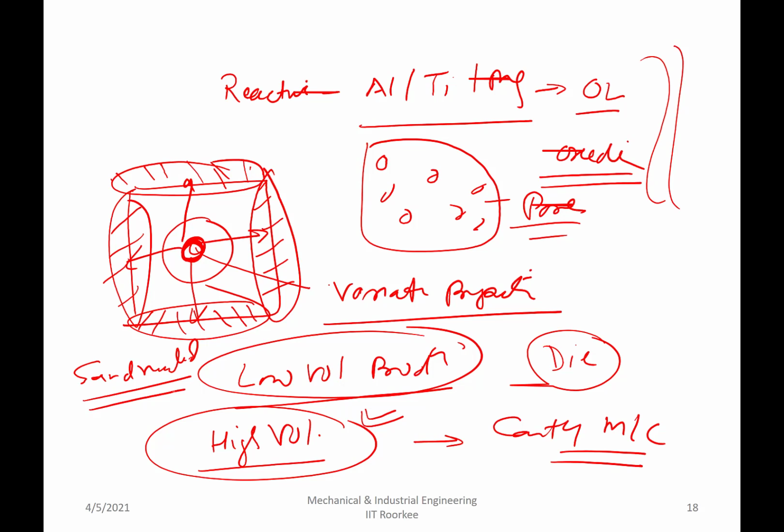So mostly you'll see the foundry industry, like in Agra, even there are a few in Haridwar as well. There are a few industrial areas where mostly you will see the foundry, like Biharigarh in Punjab, and there is one in Agra. So foundries means you primarily use sand molds and very cheap labor for producing the goods. It's a very dirty industry also, because there is a lot of dust, dirt, and pollution as well. So these are a few limitations.